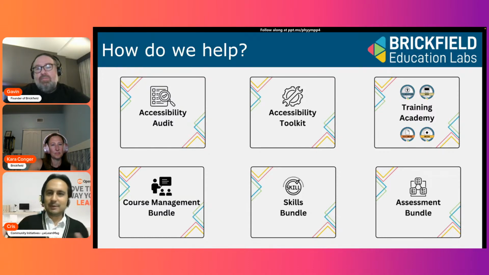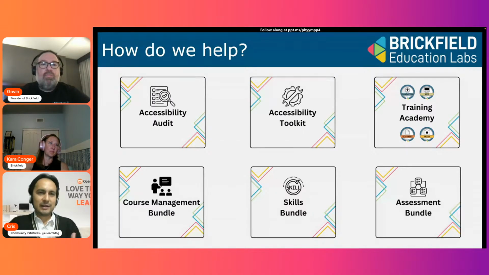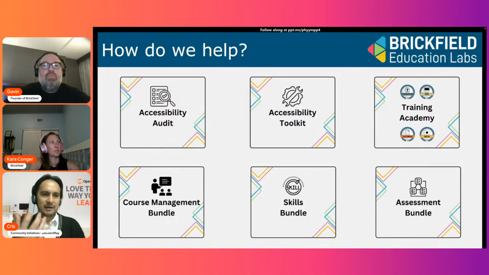I don't know if people have seen Brickfield at conferences, how you have these cubes that are really fun. And I think one takeaway that I get from accessibility and from caring about the topic is that it challenges you to be more inventive in the way you present information and to make sure that people are actually getting what you are sharing.